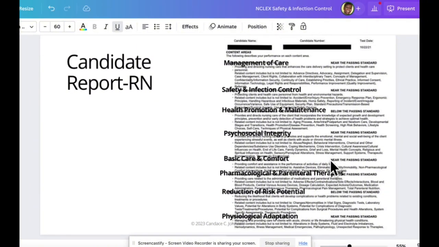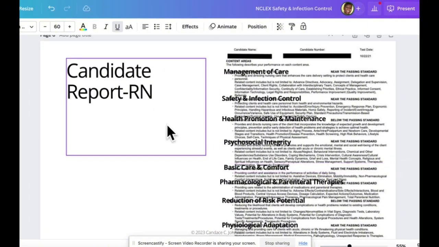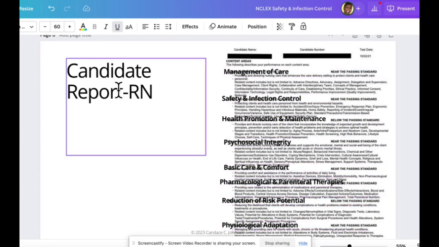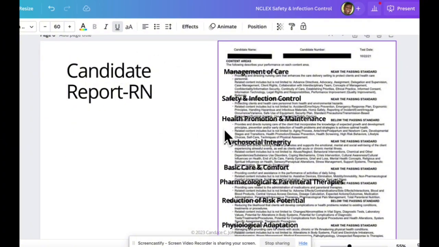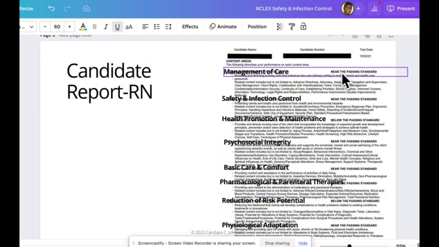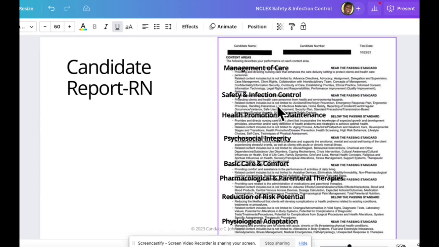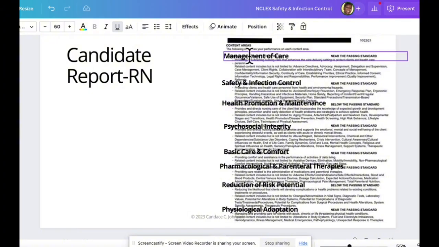today. Now, I don't want to spend too much time on this candidate report. It's just to reflect back to you, though, that each of the 8 client need areas are covered in your candidate report. So, hey guys, this is the goal, right? You want to take this test so that you can pass or be above the passing standard on each of the 8 client need areas. They're only slightly different for the RN and PN, but we both do have safety and infection control. So I'll focus today on the similarities and not the differences, but when the differences appear, they're usually here in